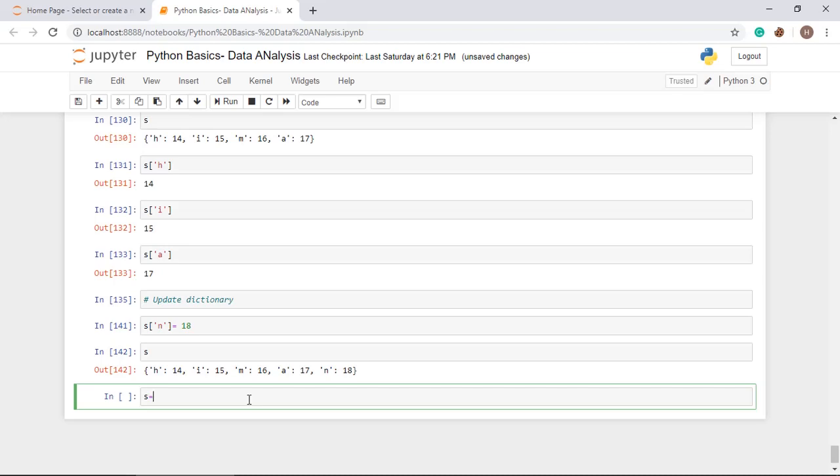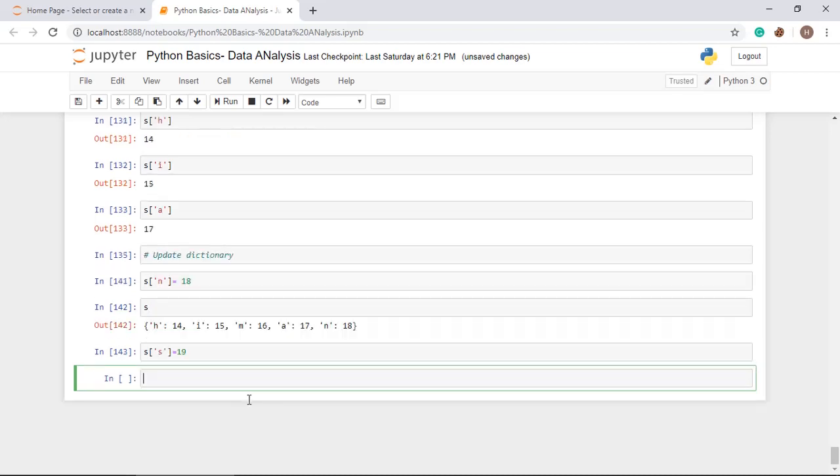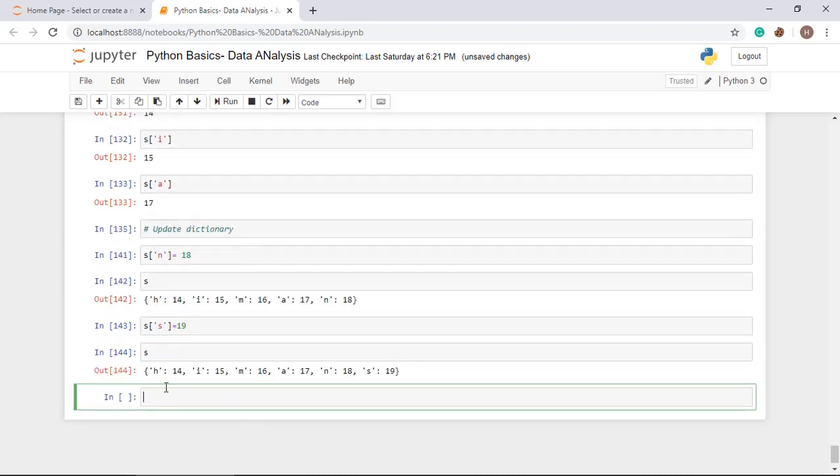Let's see another example: S with key I is equal to 19. Now I call S, and another value has been updated in the dictionary. So to update a dictionary, this is the syntax: variable name, then square brackets, and in the square brackets write the key, and that will be equal to the value.